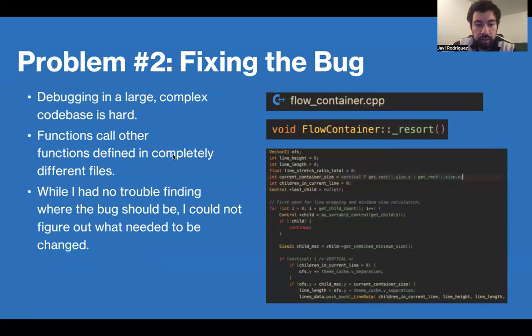The second problem was actually fixing the bug. It turns out debugging in a large complex code base is hard. There's functions that call other functions that are defined in completely different files. And while I had no trouble finding where the bug should be, I couldn't figure out what exactly needed to be changed. So right away, I knew I was dealing with a flow container, so I figured the bug would